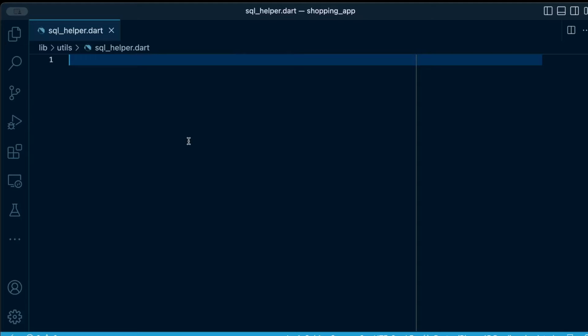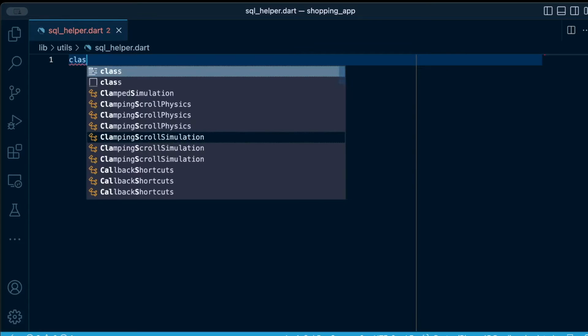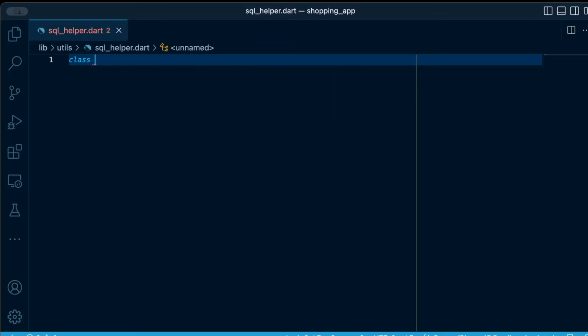And this is where most of the magic will happen before we design the interface. So the first thing we'll do, we'll create two models, one model that represents the shopping list and another model that represents the shopping item. Okay, so let's define the first model